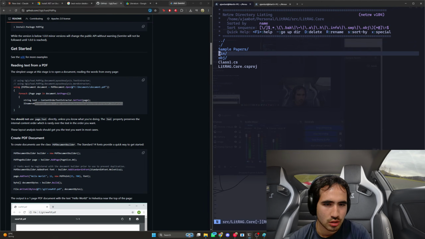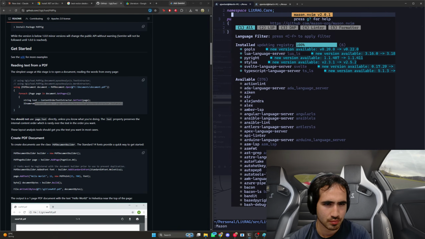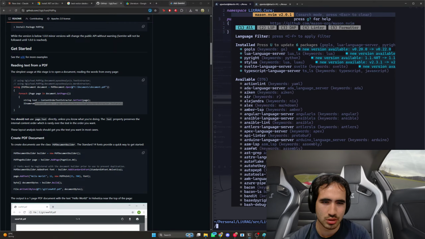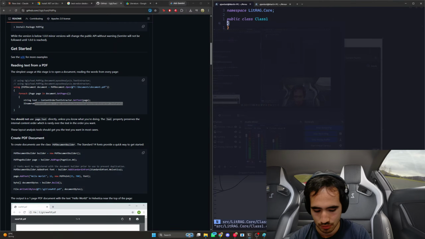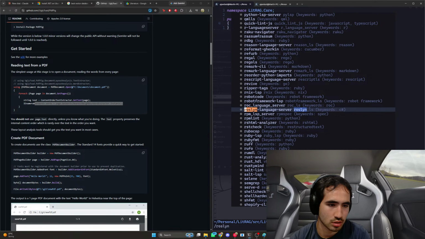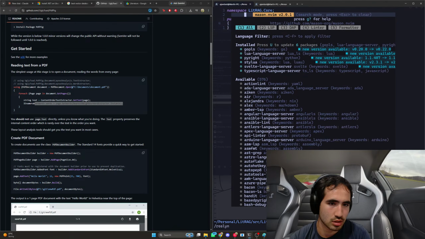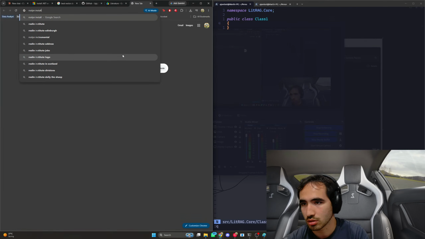So let's explore a little bit. Source, core, Class1.cs. So we have this Class1, with the tree-sitter parser for C#. Do I have the LSP? I do not, and I remember setting this up is kind of a pain in the ass. Because it's not working right. Yeah, nope, we don't have an LSP. Okay, so it should be Roslyn. But okay, no, I remember you don't install it from here. You go, okay, Roslyn install.